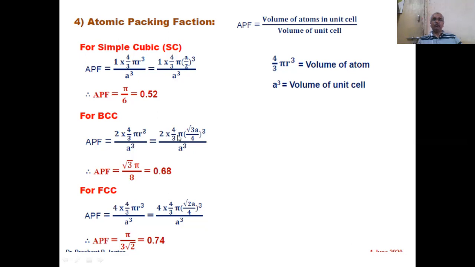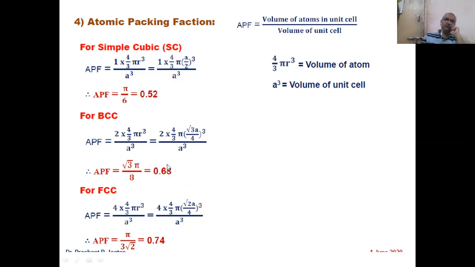तर तुम्ही हे आकडेमोड करू शकता, हे सिम्प्लिफाय करून बघा कागदावर, तुम्हाला रूट 3 पाय बाय 8 मिळेल. आणि जर if you put the value of pi as 3.14, you will get the numerical value 0.68. So either this value or this value, both are correct.